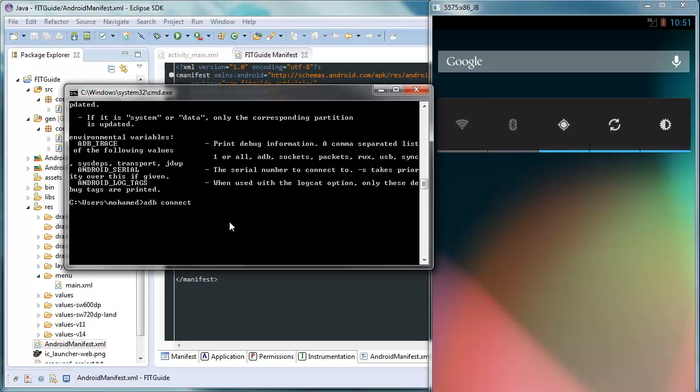So if you are connecting over wireless from a physical phone, you're going to have to type in the IP address of your phone. And if you're using ADB wireless, you're going to have this command line which shows even your IP address, so you don't need to look for the IP address inside your phone settings. So you can just say ADB connect, and then your IP address and colon, then your